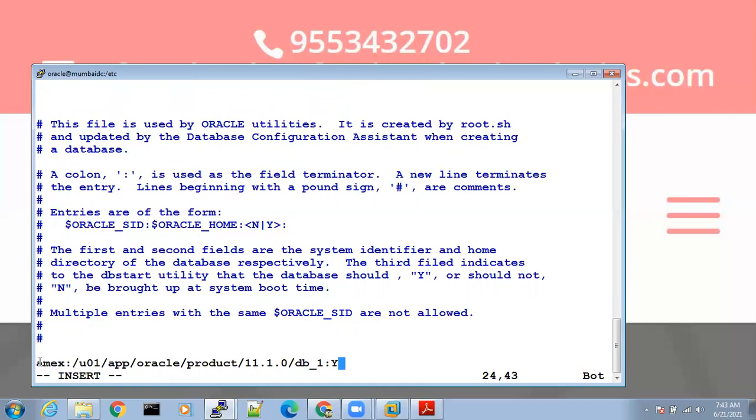So this is how you register your database name and your Oracle home for the database. MX is my database name that I want to create, and this is the Oracle home for that particular database, separated with a :Y.